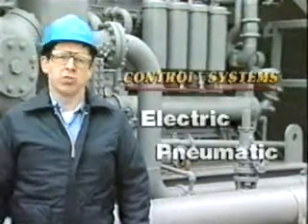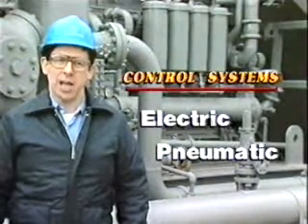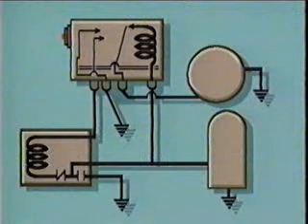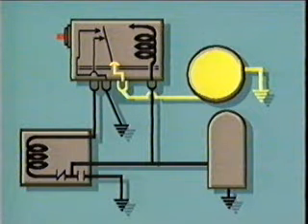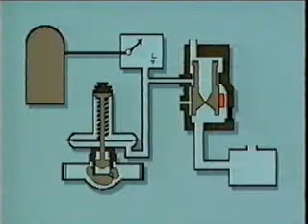To help ensure safe operation, safety and control systems are built into the compressor package. The package is designed to shut down when a condition that is unsafe or that could damage equipment occurs. There are two kinds of control systems, electric and pneumatic. On electric control systems, these unsafe conditions signal the ignition system to ground and to shut off the fuel supply to the prime mover. With a pneumatic control system, the fuel supply to the prime mover is also shut off,